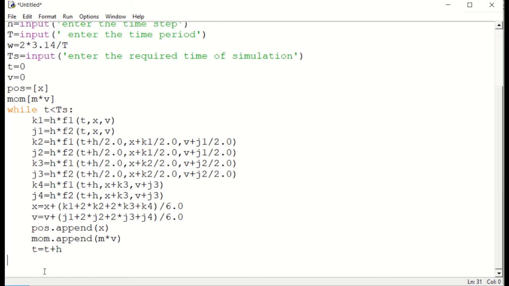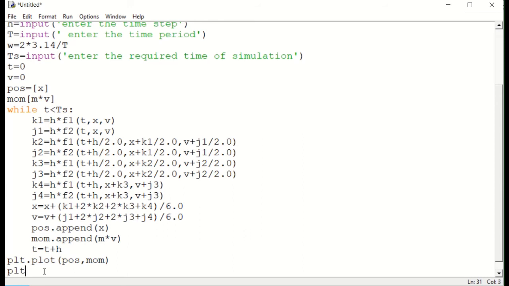So to plot, we'll use the matplotlib module. There is a function called plot in it. So plot, and our plot is position, that is POS, versus momentum, that is MOM. And next we have to give some title.